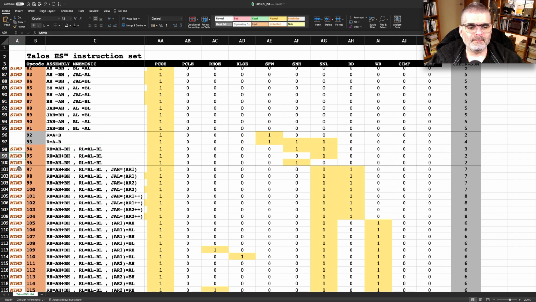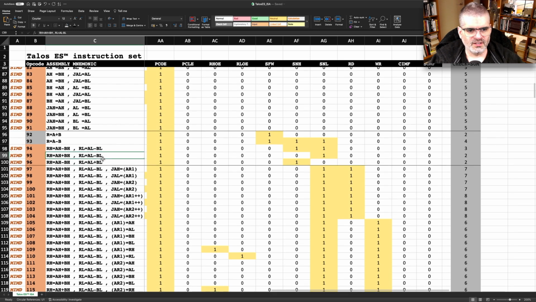MIMD is multiple instruction, multiple data. That's when not only are you doing multiple operations in parallel on different operands, the operations themselves are different as well. So in this case, you have an addition and a subtraction. What we need for that is to set negative low only, because for the high byte it's an addition, and if you don't set